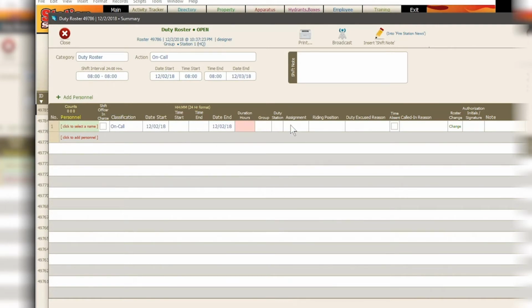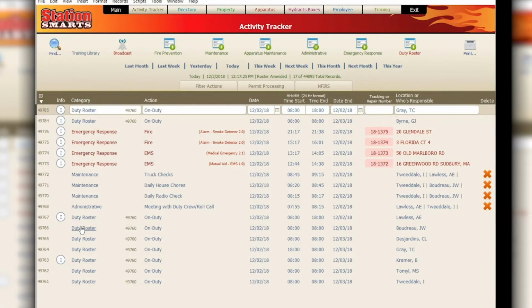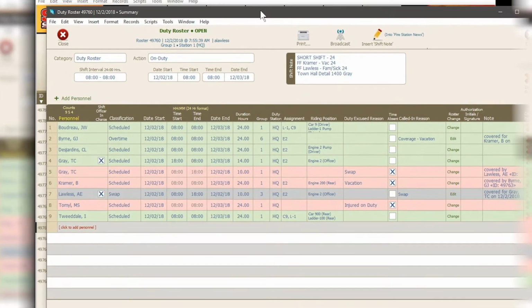Or you can just start using this line to fill in the pieces that you need to fill in. I'm going to go back to the on-duty roster that I have pre-created. Again, to create that, I just chose the group that was working for today, which would have been group 1. And then the system automatically grabs all of the group 1 names from the employee records and it pastes them